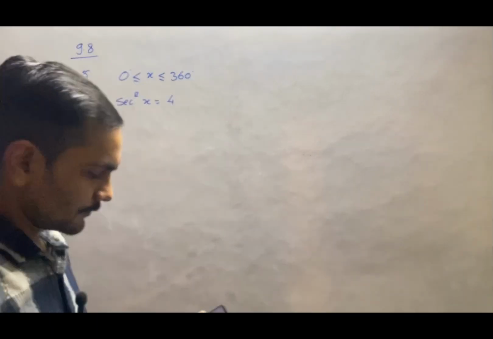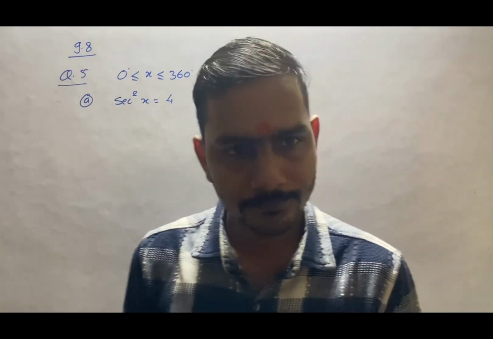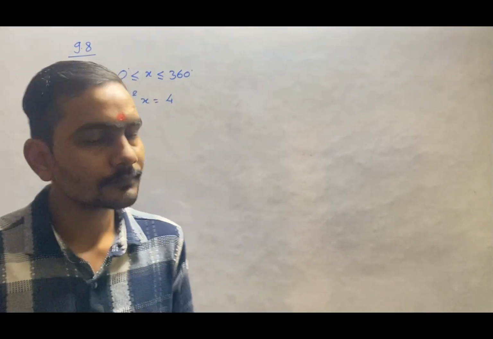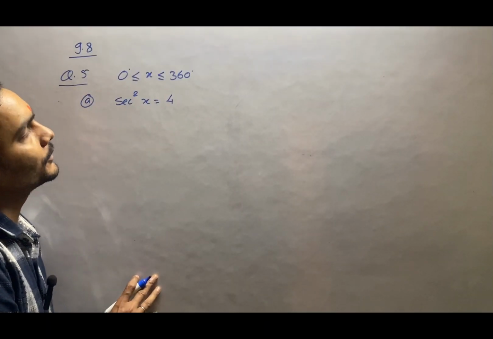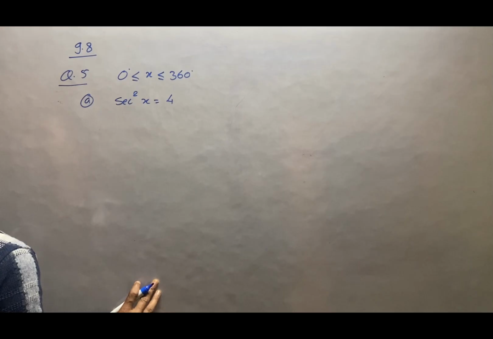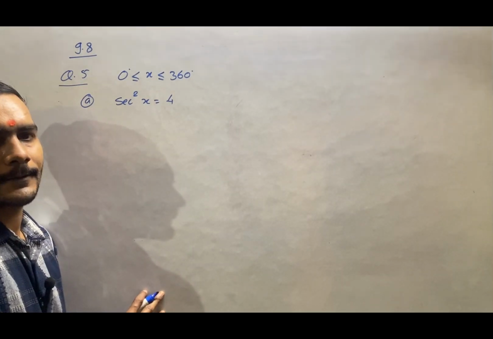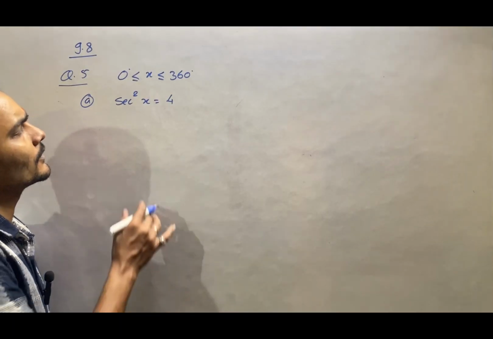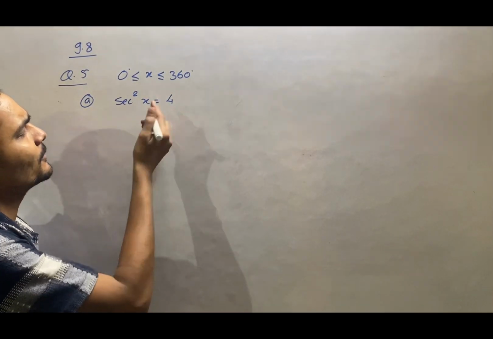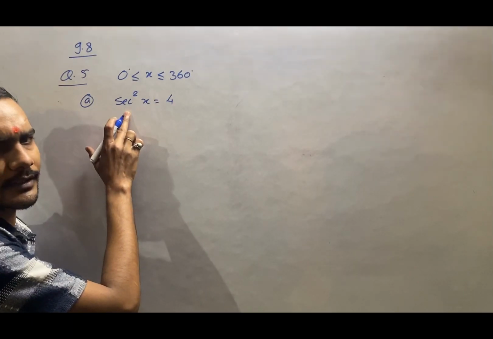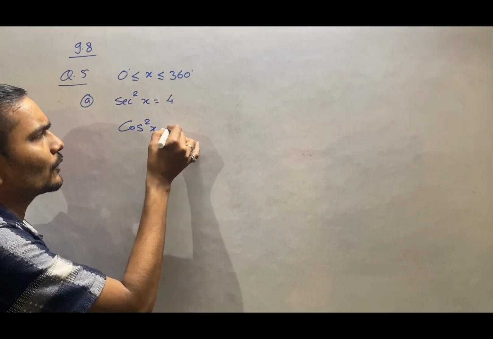So now what we will do, we can say the reciprocal of sec square is cos square of x, so it means